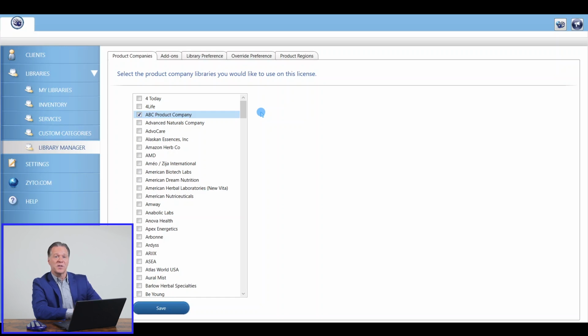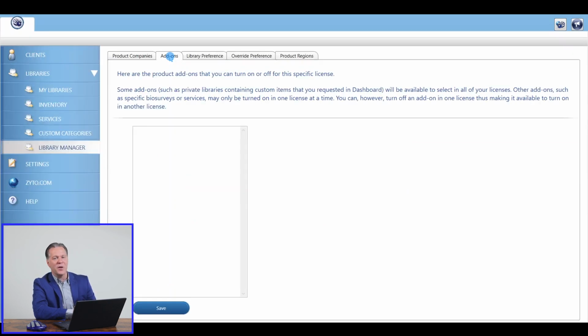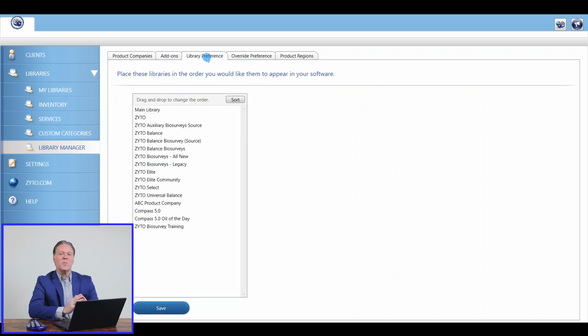In addition to the Product Companies and Regions tabs, you can see here there are 3 other tabs as well. This Add-ons tab is if you've purchased any add-on biosurveys. This is where you'd upload those to your software. And you can learn more about our available add-on biosurveys at zyto.com/add-on-biosurveys. There's also the Library Preference tab, where you can choose the order you want the libraries you selected to